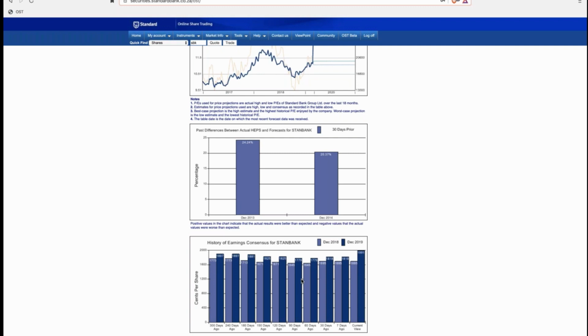So what this shows, when it's up to date, because this is showing for 2018, 2019, what it should be showing is for December 20 and December 21. In other words, this year and next year. And it's showing you how the changes happen, what the expectation has changed over the last 300 days. 300 days ago, 240, 180, 150, 120, 90, 60, 30, 7 days in current view. So you can see what that trend has been doing